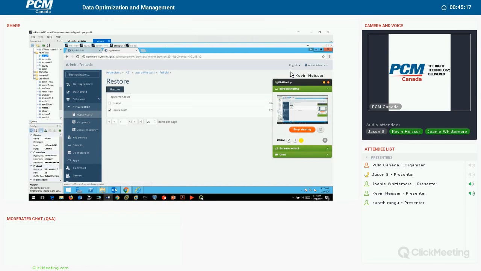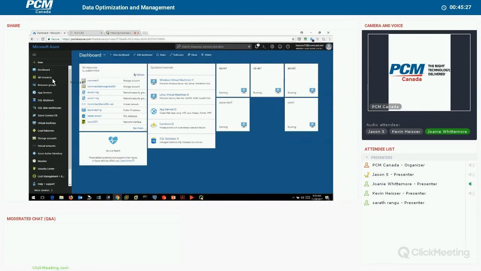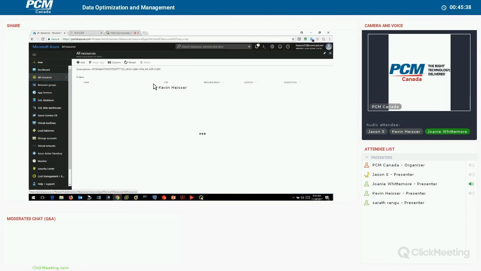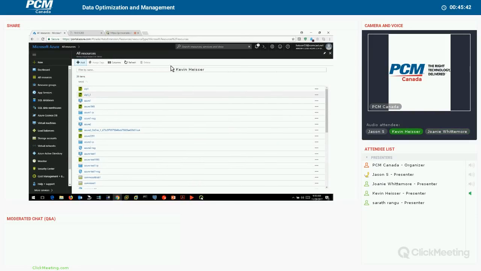So pretty neat stuff. I'm going to go ahead and minimize this here real quick. Screen sharing deal. Okay, so first of all, I want to show you one part. I'm going to flip over into the Azure dashboard here real quick. If you want to just try out Commvault, or if you want to use Azure as a DR or whatever you want to do, there's actually a listing in the Azure Store. Let me just bring it up here. We'll hit add,